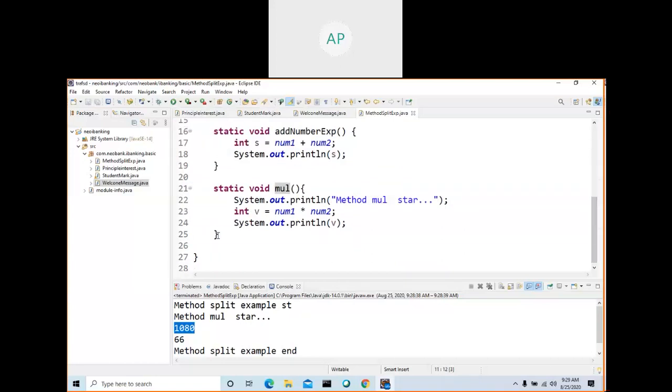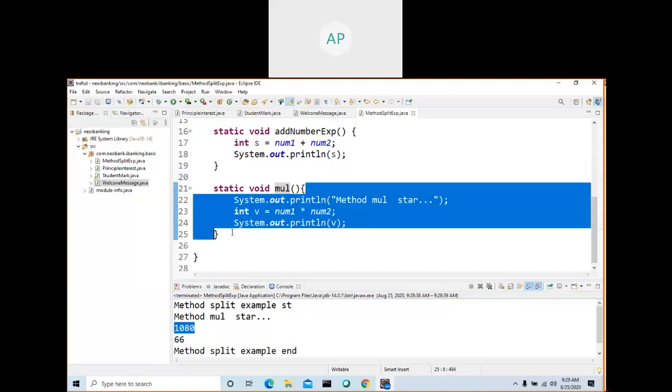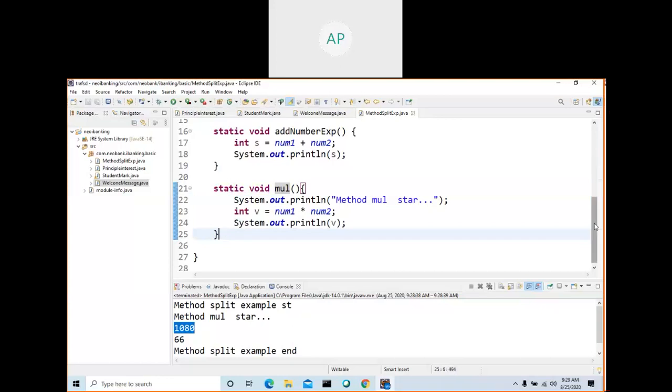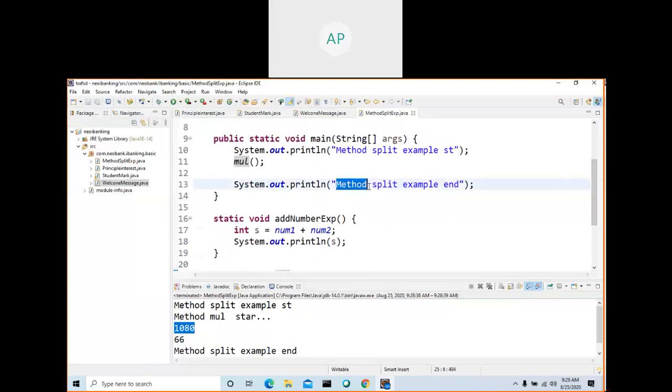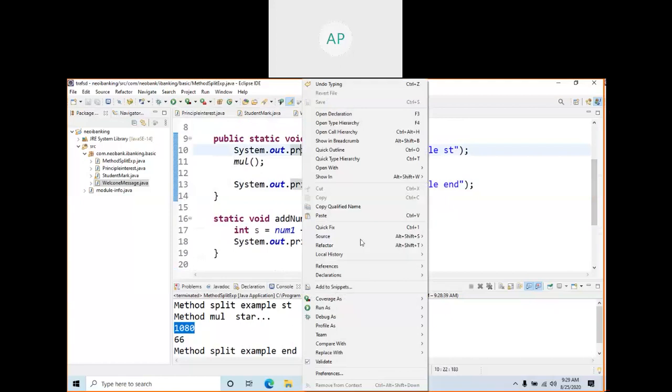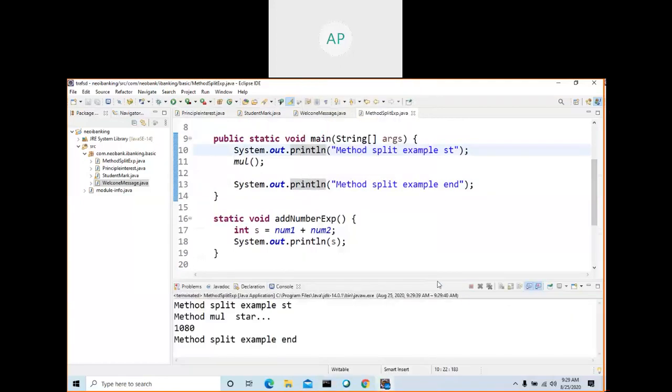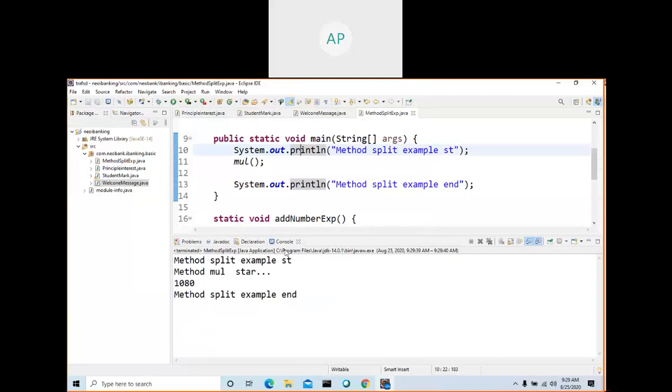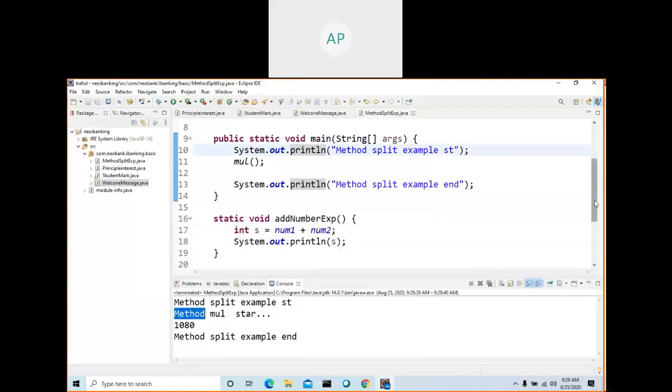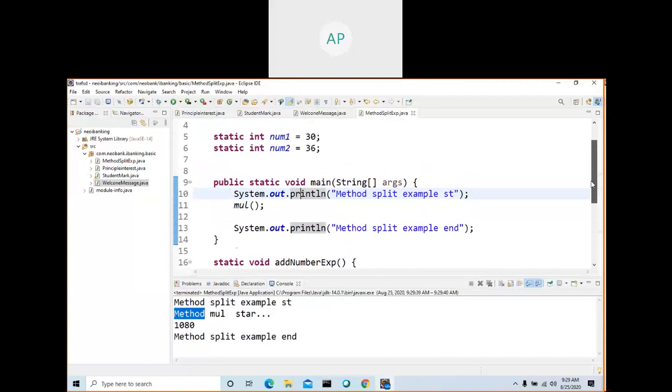And I remove this one, delete. If I am going to place this one here, Control X, your add method will not even get executed. Right? You are coming here, you are calling the multiply method, it will go to the multiply method, all the things get executed. This method gets completed when it runs all three instructions. When it reaches the end of the curly bracket, then it will go here and print this one. Your addition method will not be utilized now.